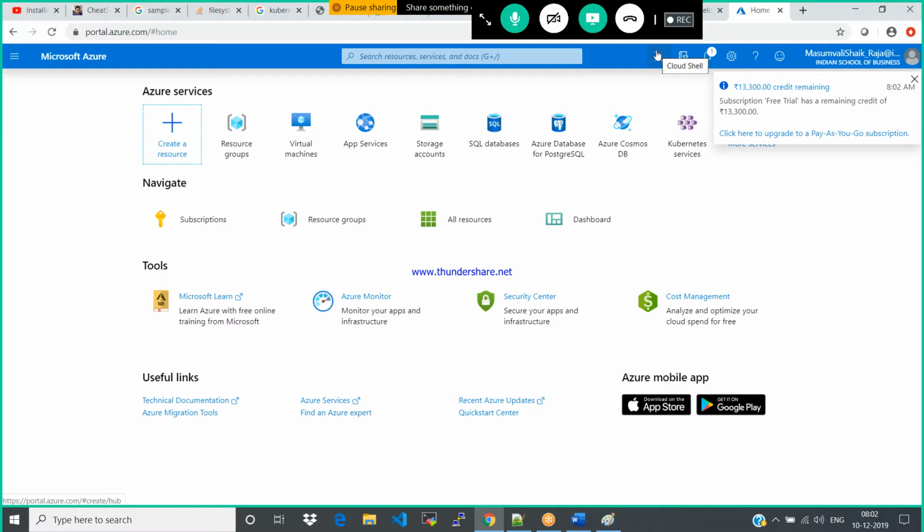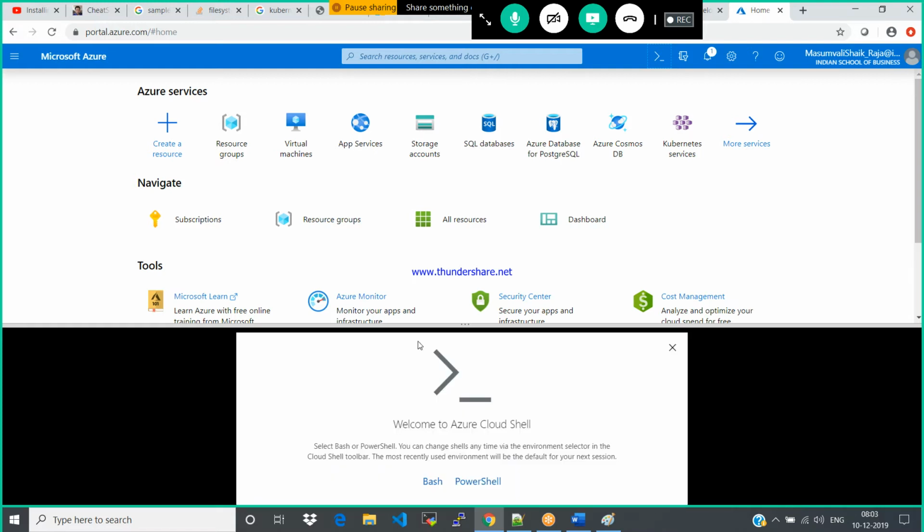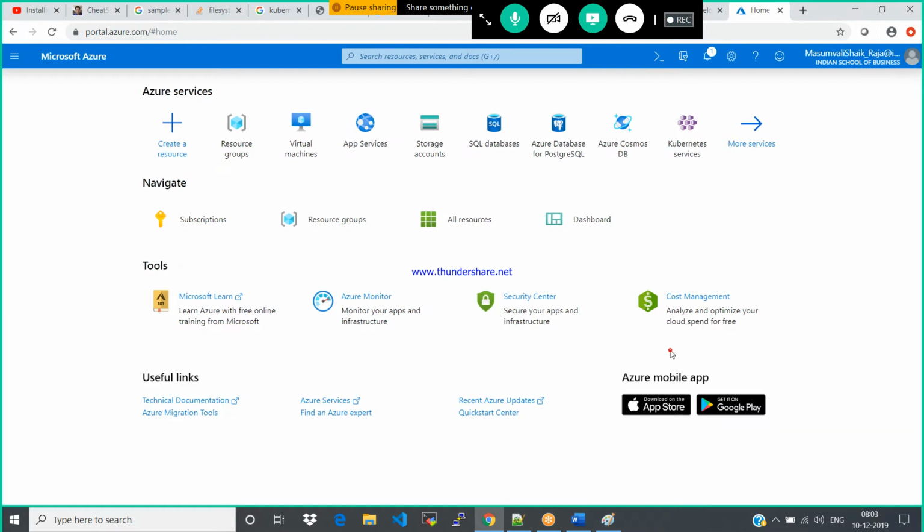That is the Cloud Shell. The Cloud Shell is nothing but you can write the commands to manage the environment. It will be either bash or PowerShell. That is the Cloud Shell. It's completely your wish. If it is a Linux machine, then you can go for bash to write the commands or script to manage the services. Else you could use PowerShell.